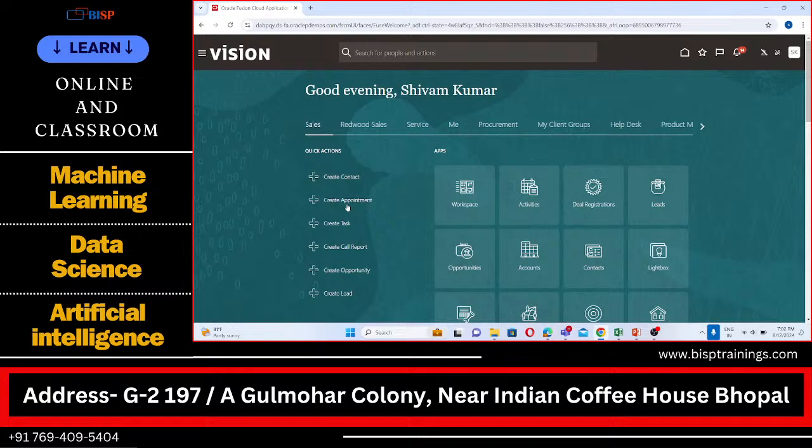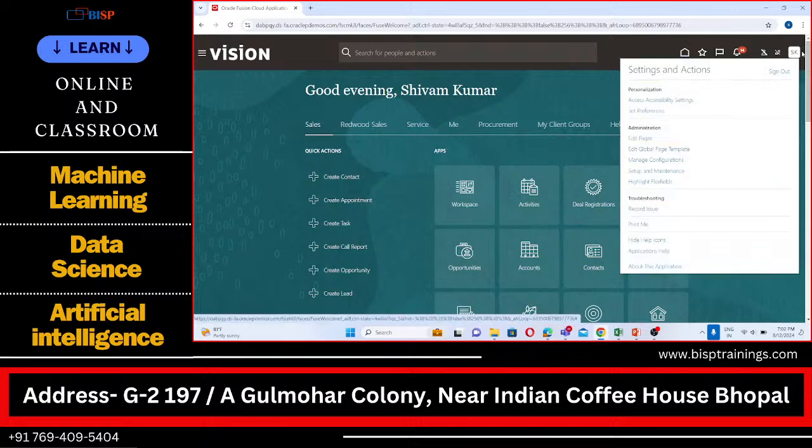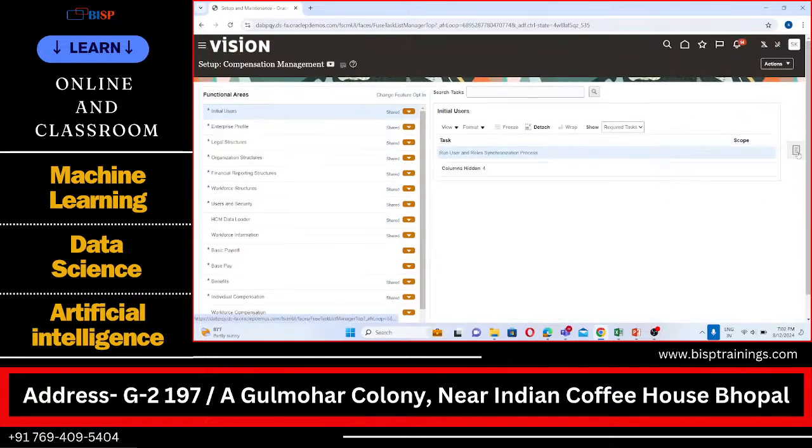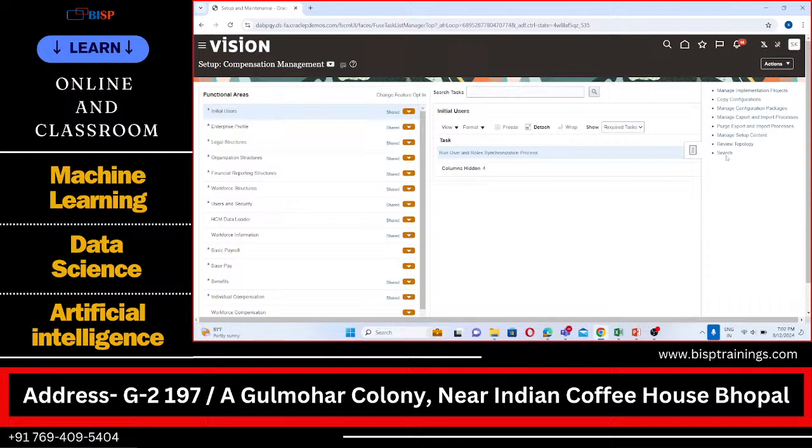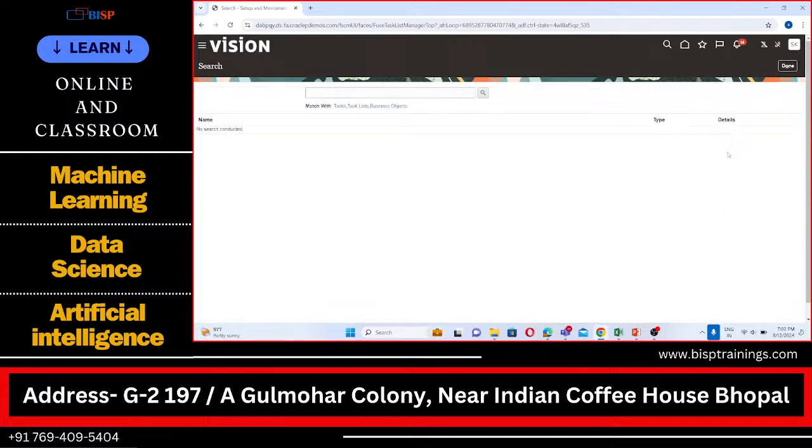So we'll start with the defaulting of BU setup. Let's go to our project. Shivam Kumar is the employee user. Our implementation username is Rakesh Kumar. So I'll go on setup and maintenance. Click on search and here we will type manage